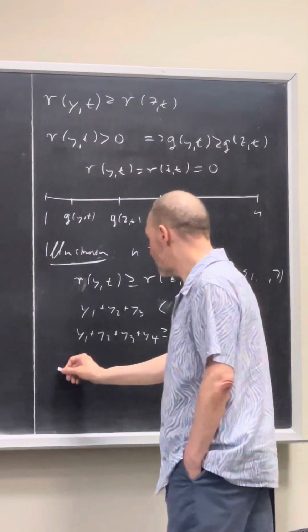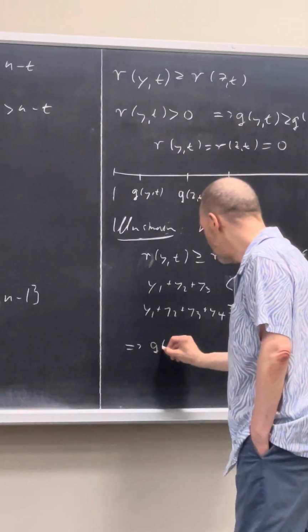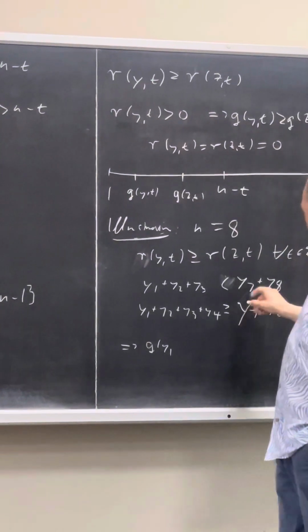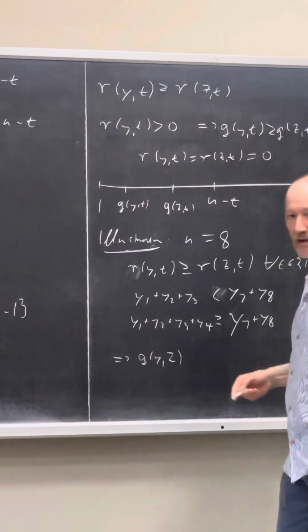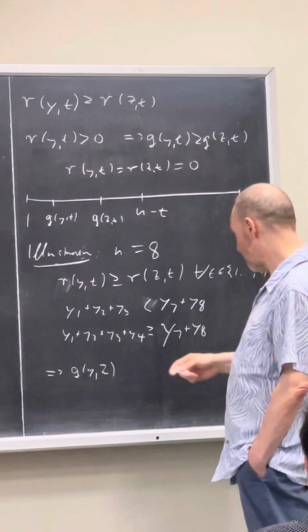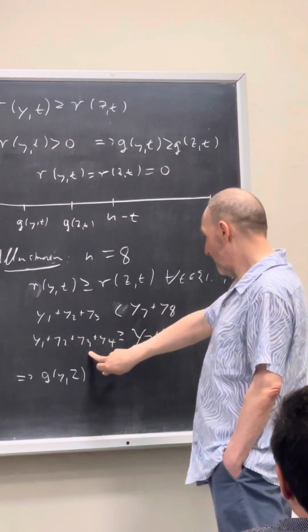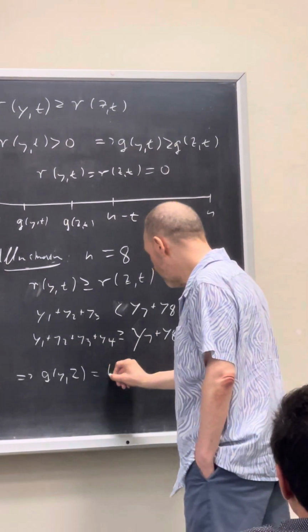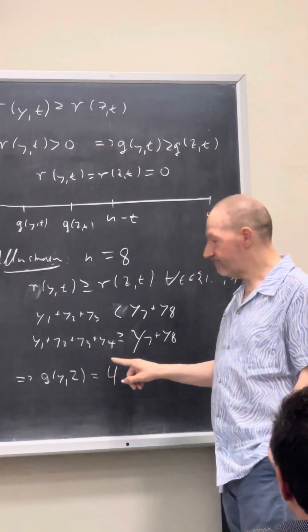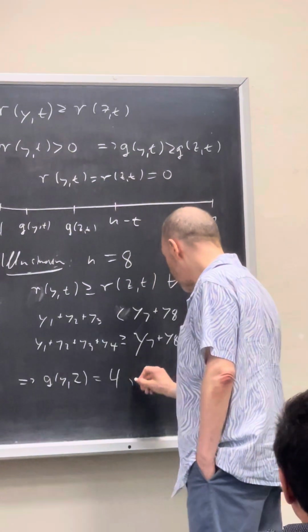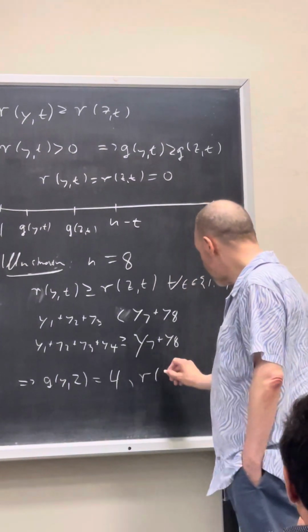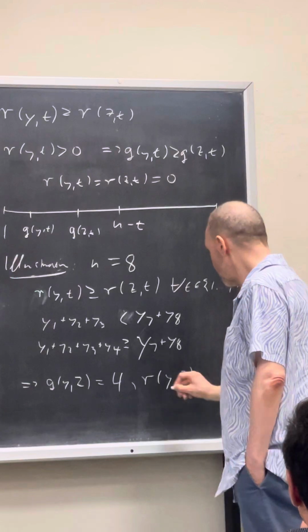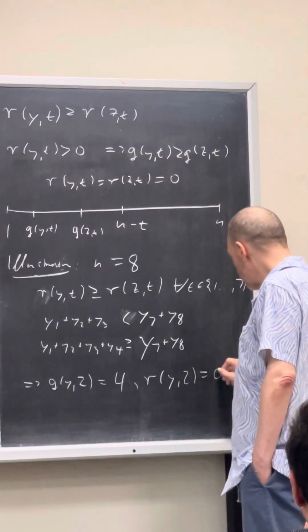Well, it tells us that Q of y and 2, we want to match the top two, the two wealthiest. We need 4. We also know that the R value of this distribution for 2 is equal to 0 because there is no